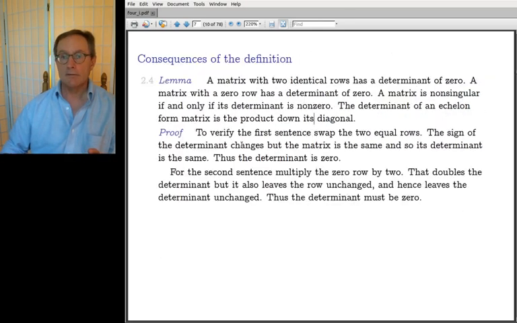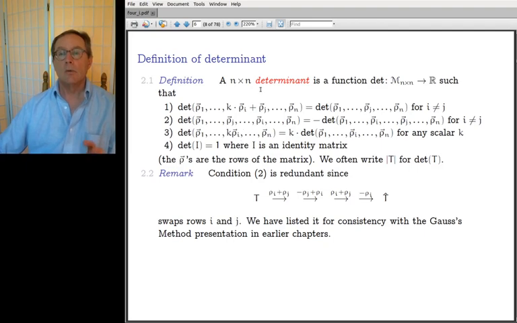We're back to the definition of the function by its conditions. We're saying that we want a function that satisfies these 4 conditions, and the reason for those 4 conditions is not a big secret. The higher level reason for the 4 conditions is they allow us to do Gauss's method to determine whether or not we get 0 for the determinant, to determine non-singularity. There's this business with the minus sign and the business with the k, again, is explained at greater length in the book, but from a higher level description here,